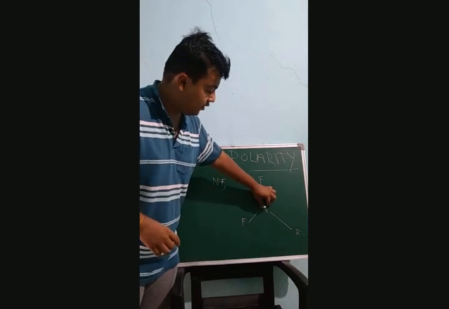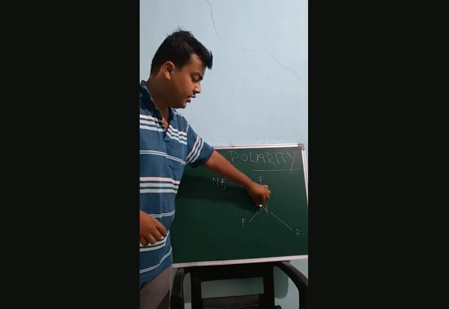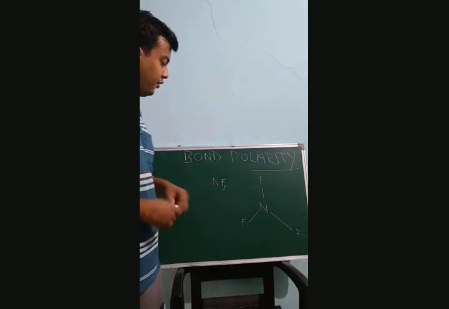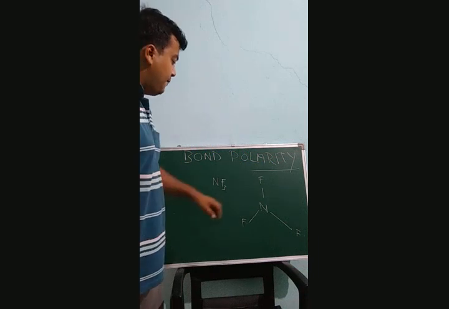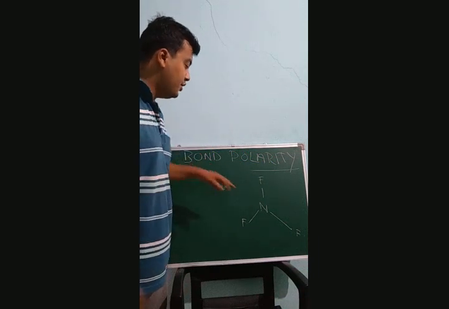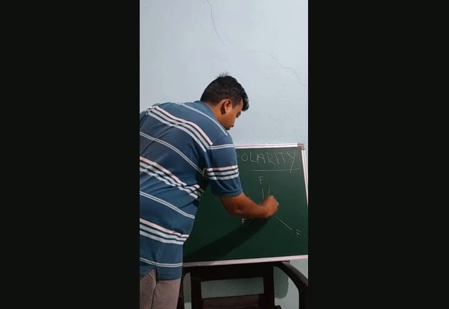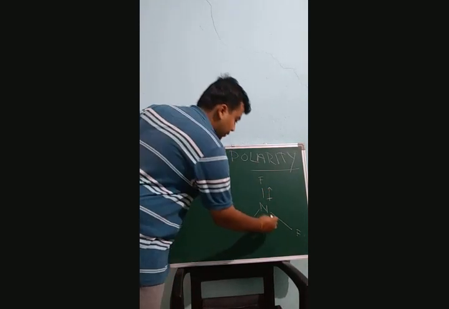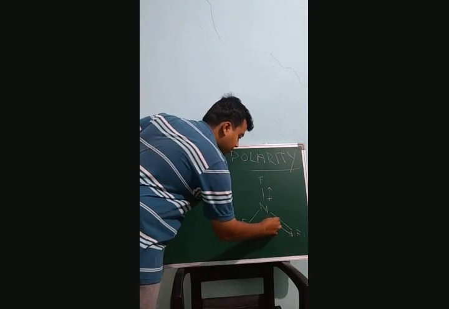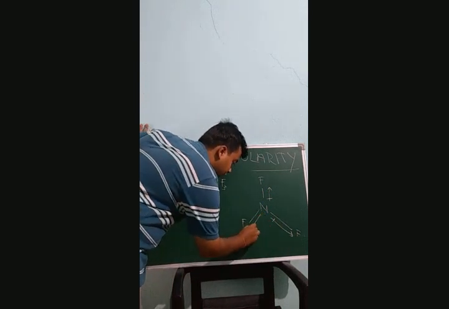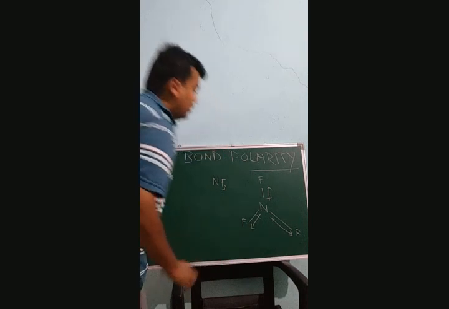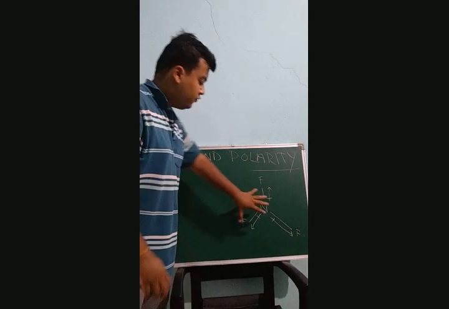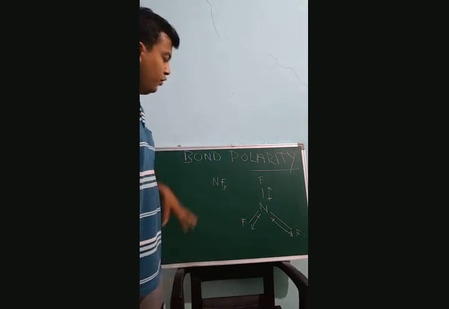That will be at the center, in the upward direction, in the Z direction, the lone pair of electrons. So the direction of dipole moment between this fluorine and nitrogen will be towards fluorine, because fluorine is more electronegative. Same is the case between this fluorine and this fluorine. So the net resultant of all the 3 dipole moments will be 0,